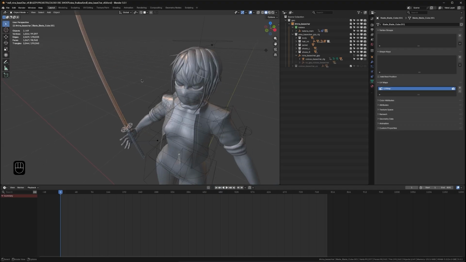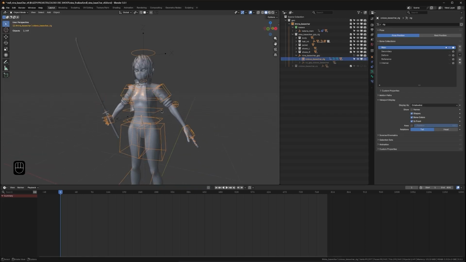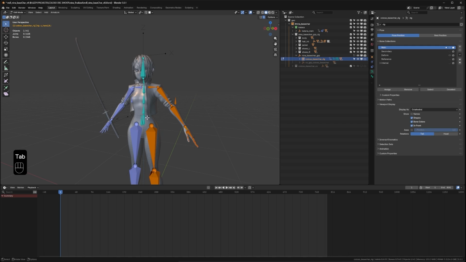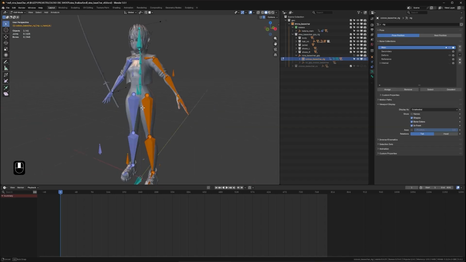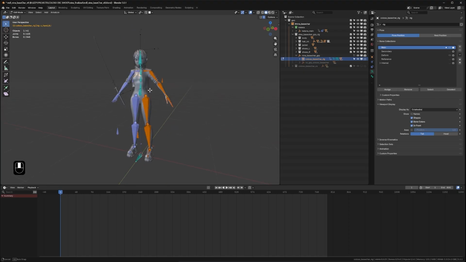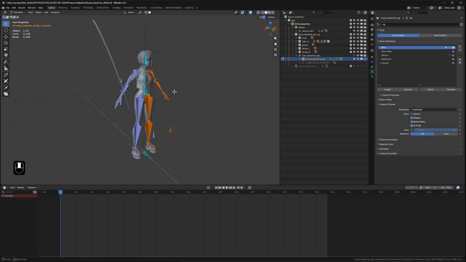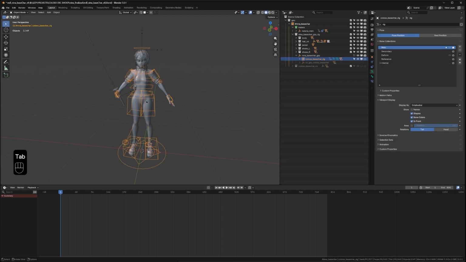Most of the time we use object mode to move things around. I want to check out the bone, and if I press edit, it's gonna show me the internal bone. This is what I was trying to show earlier, but this is her internal bone that we will not be touching at all. In a more conventional setup, animators would actually animate using these bones directly, but the way I